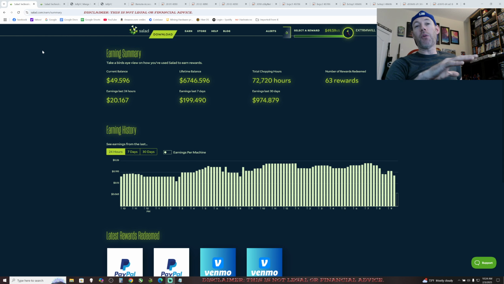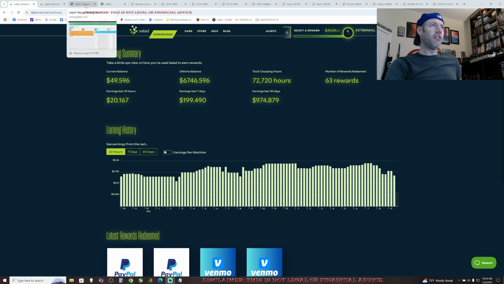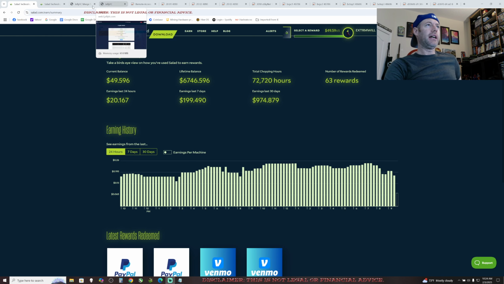Right now I have 10 machines on Salad and I have 20 machines on Warthog. So let's get into how I broke that down and what I'm making. I think the way I'm doing this is really good for right now, because we still have another 2 days, I want to say. It might be 3 days, I'm not sure. Maybe 48 hours or so left